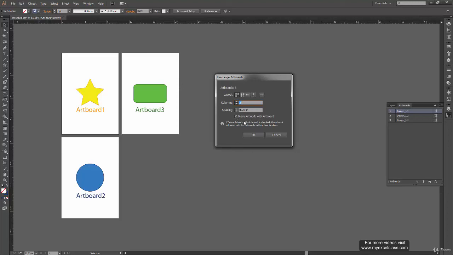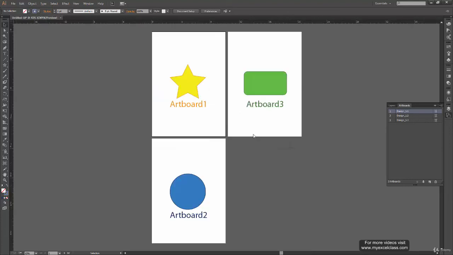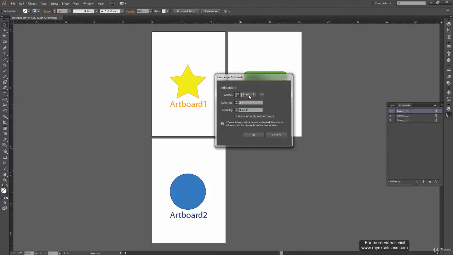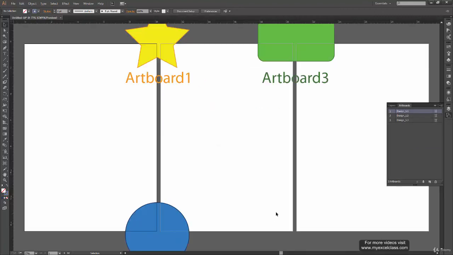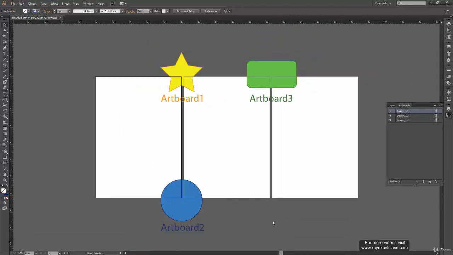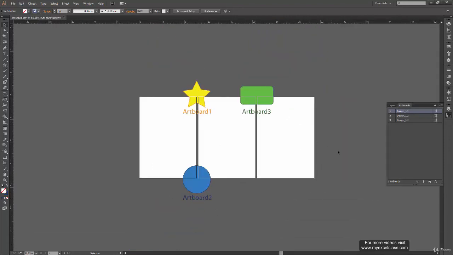Now, like we saw earlier when we were duplicating stuff and moving artboards, it was moving this star and circle along with it because this option was checked. If we unselect it and then click OK, and then we rearrange these artboards, and let's say I want this in an entire row and click OK, I have my shapes messed up all over the place. Certainly it arranged all the artboards in a row, but I have my artwork spread all across the artboards, and this is not something I want to do.